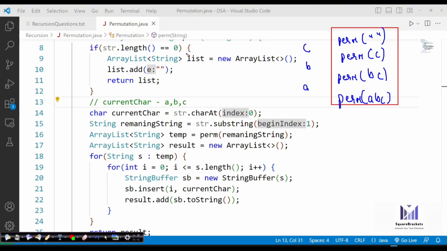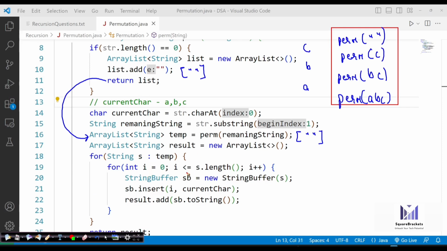So now once the string length is 0, it will initialize an empty array list, put double quotes inside this, and return it to the temp variable. Now what do I have in my temp variable? This thing, just like we had in the subsequent question. After this, the most important part is this loop only. Once you understand this loop, you will simply understand the logic in this program.